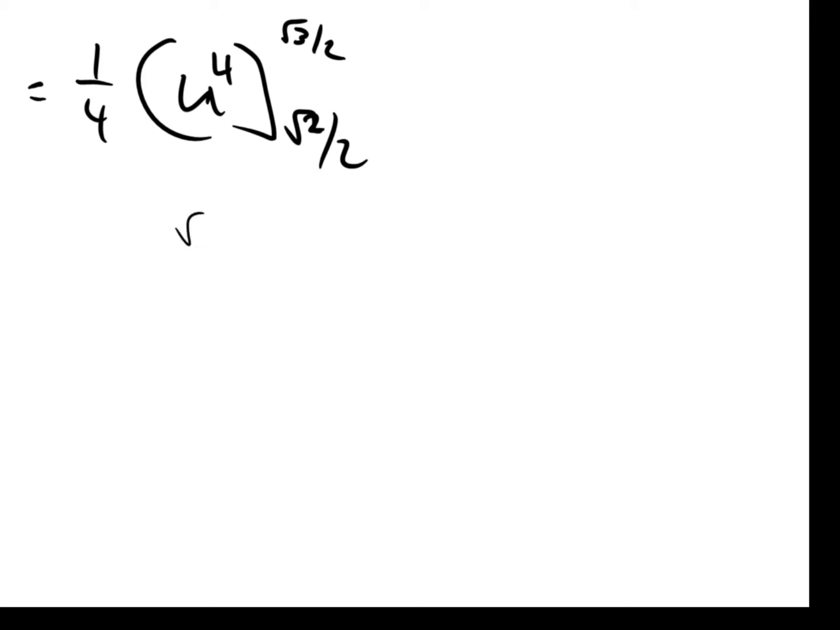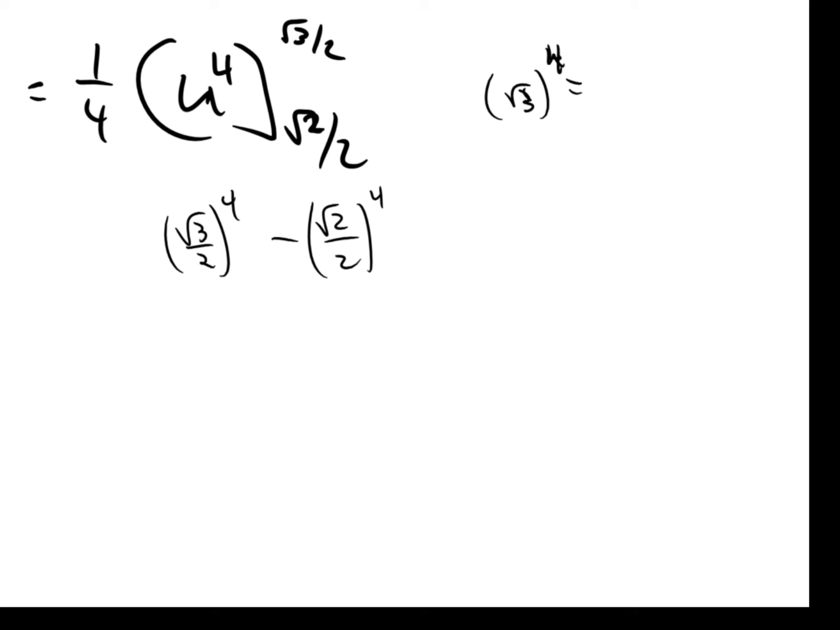Okay, so what is root 3 over 2 to the 4th power? Root 3 to the 4th is a 9. Say 4 copies of root 3 is a 9. Okay, but then 2 is also to the 4th. So it's 9/16